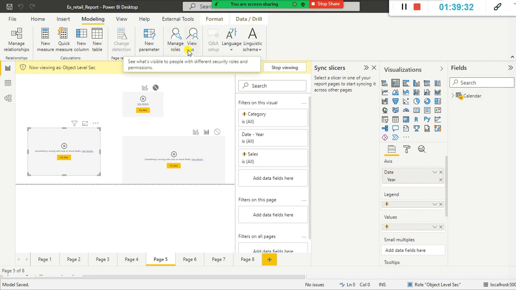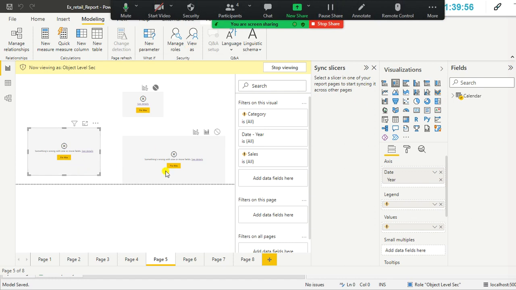When I tested it, that means the object level security I set with the help of the tabular editor came into effect, right? You need to use view as. Using view as, you apply the roles you created. So now the table itself is not visible, because of which the visuals are not visible now.